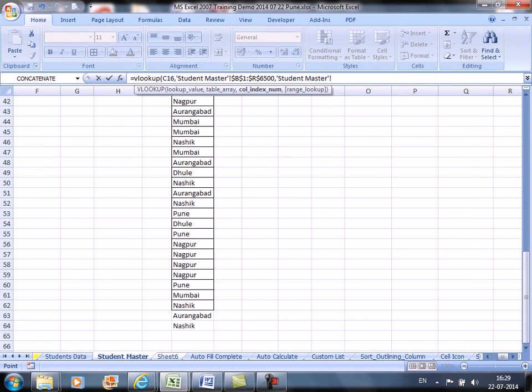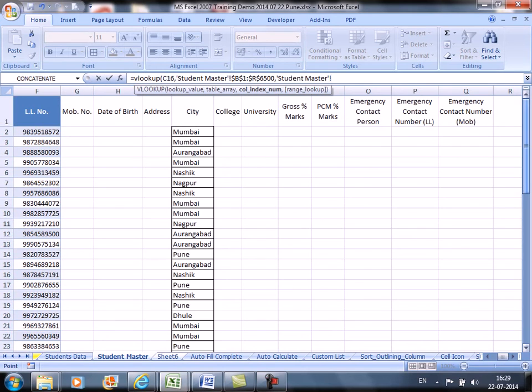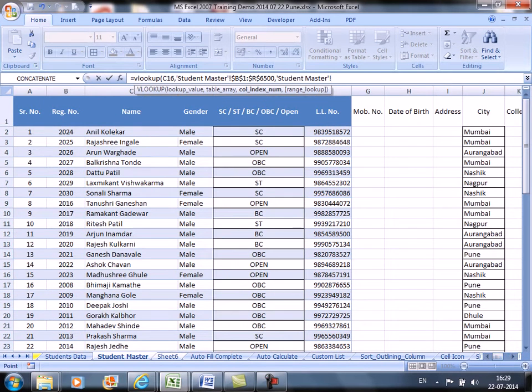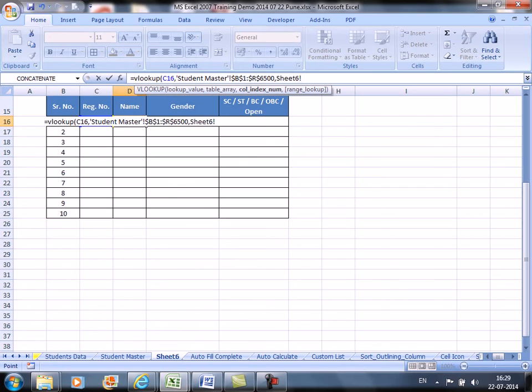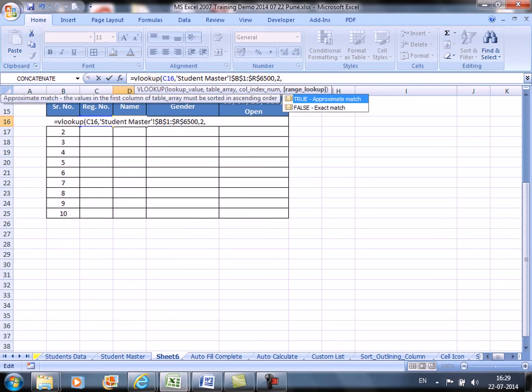Next, where is my name from registration number in master data? Registration number is the first column, name is second. So write only number 2, comma.